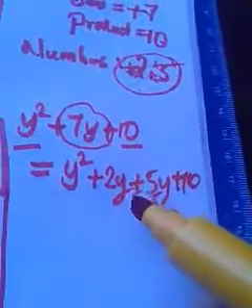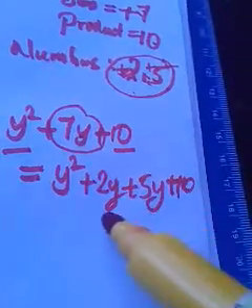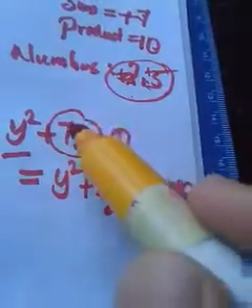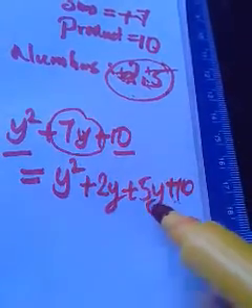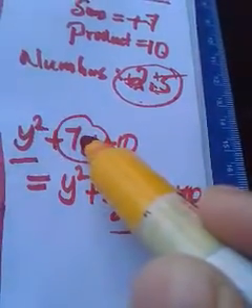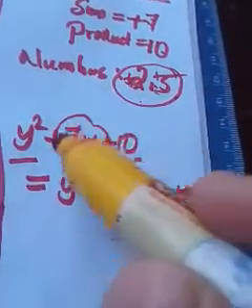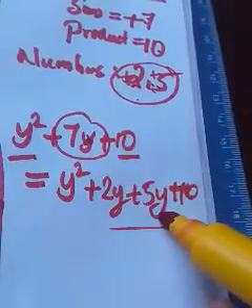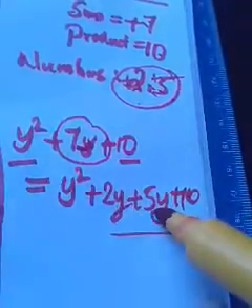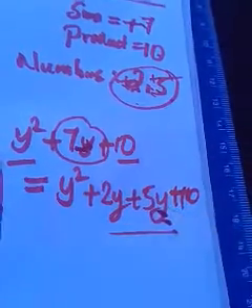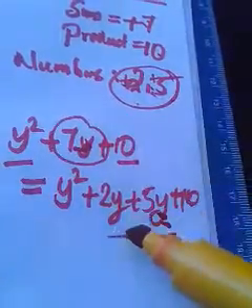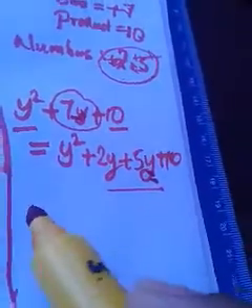You can ask me a doubt: how can 7y be represented as 2y plus 5y? What is the meaning of 2y plus 5y? We are getting the same 7y, no? So no problem. We can easily change 7y as 2y plus 5y. How do we know? Because we got the numbers plus 2 and plus 5. By using these numbers, I have split the middle term like this. You may understand, no? Now just see.